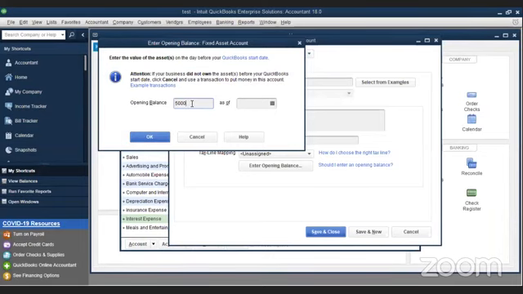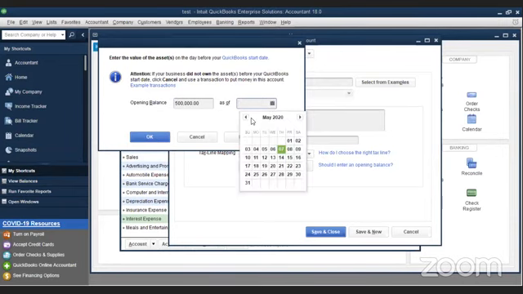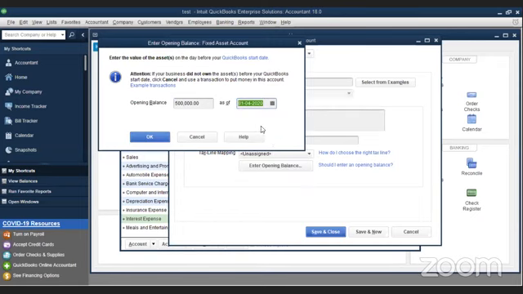So that means it can be 1st April 2020, or if you started the company on 1st Jan 2020, it's the starting point where you're going to record it. So we go to as of date. We have picked the opening balance as 500,000, and we are going to set the as of date as 1st April 2020. So this is your opening balance.